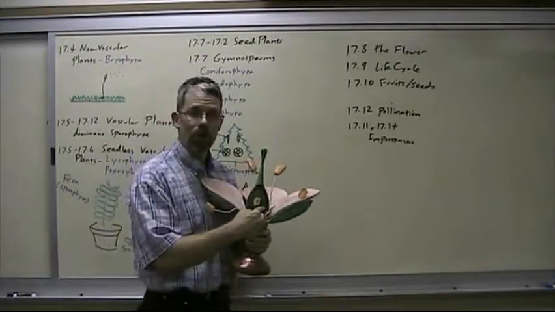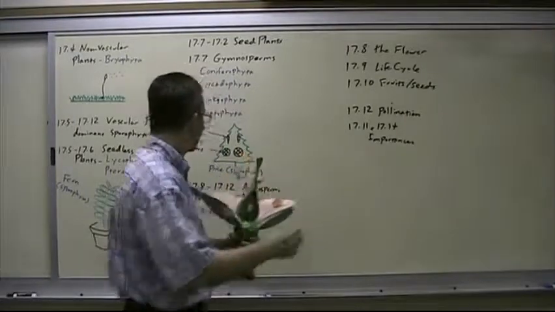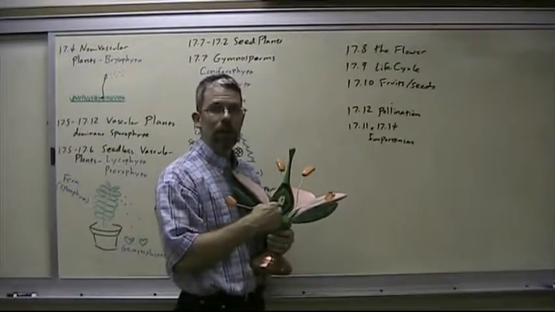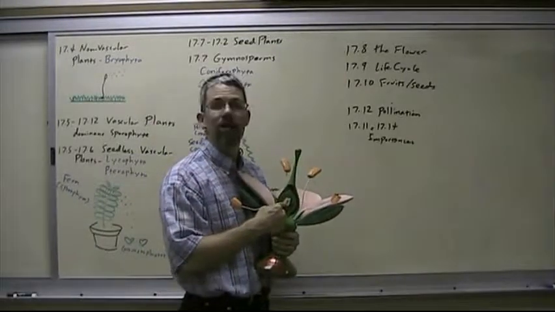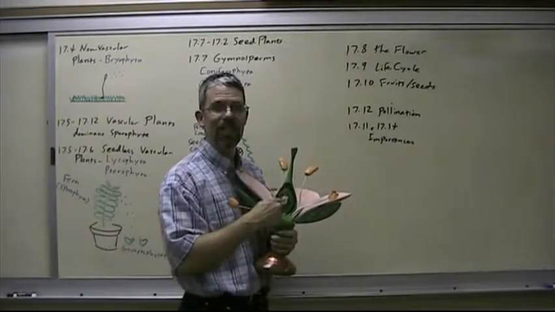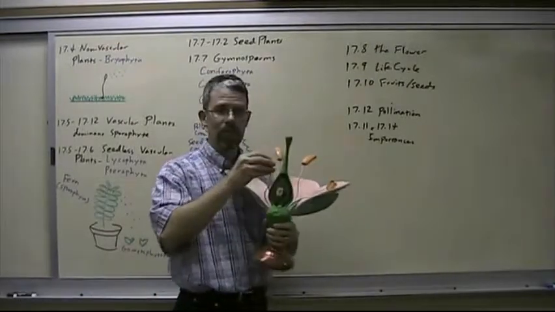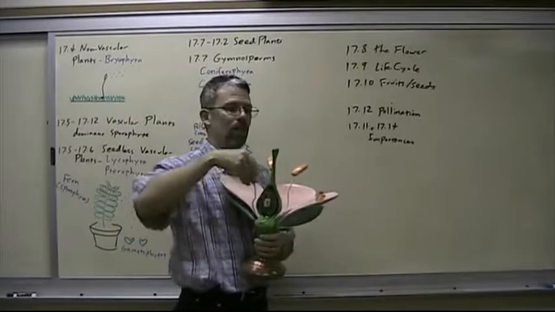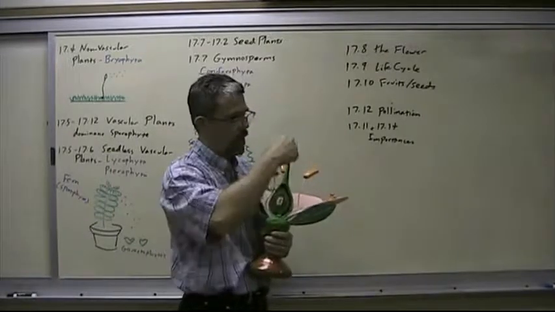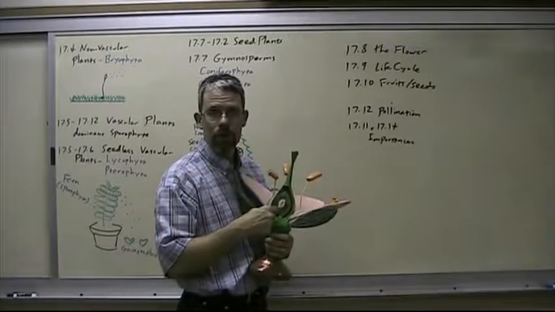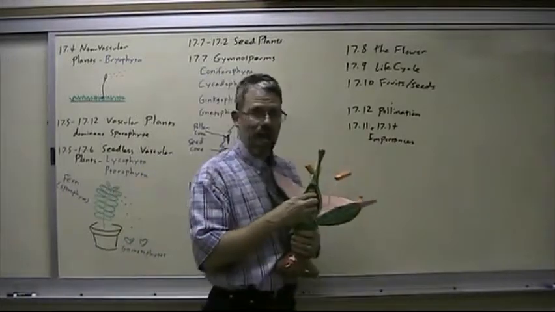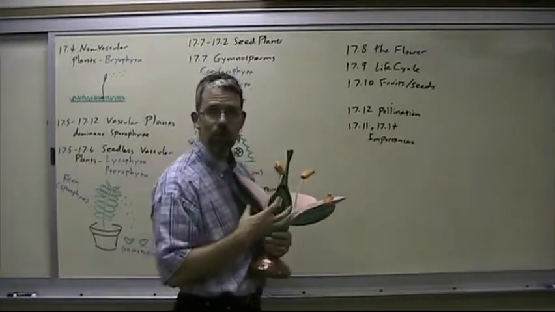Now, the ovary of the flower operates in a similar fashion to the seed cone of the pine tree. You have the megaspore produced in here. It becomes the female gametophyte in here. Female gametophyte produces the egg in here. Fertilization happens in here. The seeds come from here. Now this is the part of the flower that releases the pollen. The pollen actually makes its way to the stigma and will grow a pollen tube and will transfer sperm to the egg down here. Now, once this fertilization happens, the ovary of the flower will ripen to become the fruit.